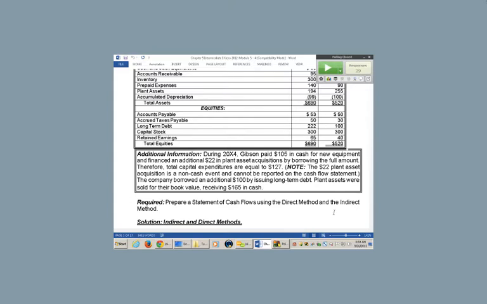Now, the fact that you sold the assets at book value means what? There's no gain or loss, and that's consistent with what we see on the income statement. All right, so there's no gain or loss here. It's consistent with what I found on the income statement, correct? If I sell something at its book value, there's no gain or loss. Okay. All right. Any questions on the information? So that's a standard package of data that you would get if you were given a problem like this. Any questions on the information?